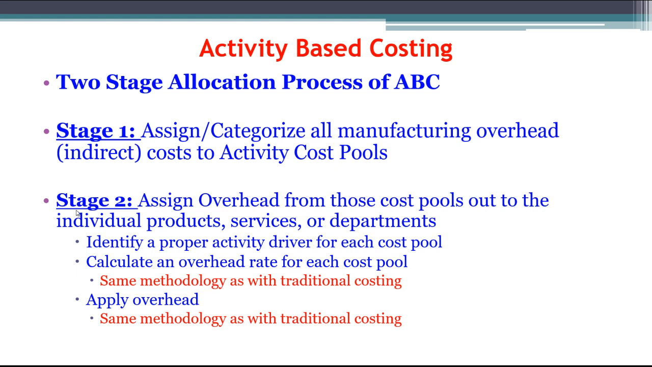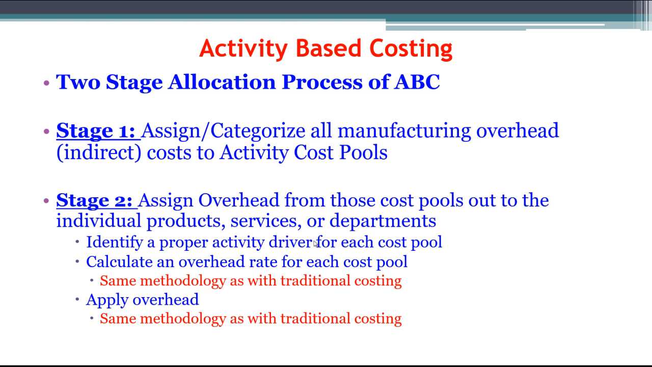Stage 2, now we are talking about assigning the overhead from these cost pools to the cost object. When we say cost object, we're just saying what are we trying to identify costs for? A product, a customer, a service, a department. That's the cost object. It's the objective of our cost allocation. Cost pools are where the costs start, and then ultimately we want to know how much cost goes to each